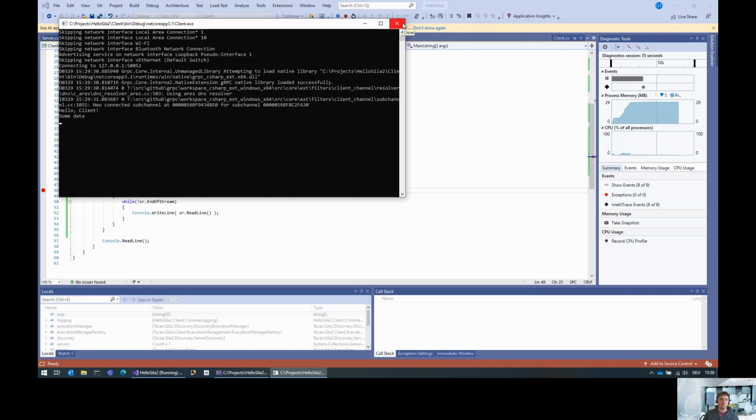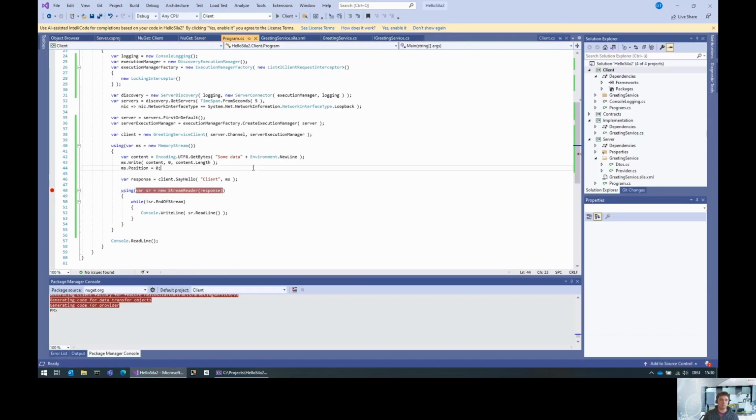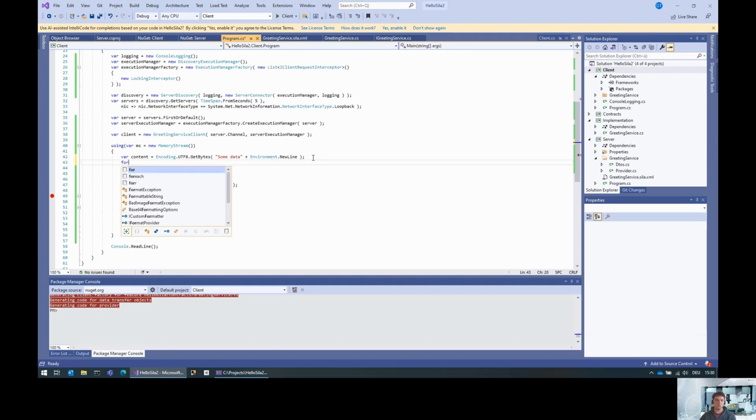But arguably, 27 bytes is not really representative of the amount of binaries that you want to transfer. But for such small binaries, what the SiLA 2 SDK is doing is putting that directly into the response message. So in that case, you don't have any binary storage identifier or anything like that. You just have the binary put inside the message according to the SiLA 2 standard. So, okay, what if we go larger? We can, for instance, just do a for loop,